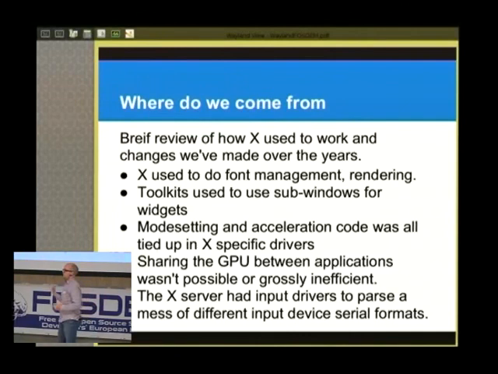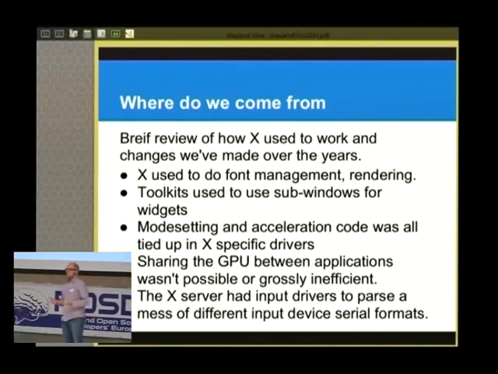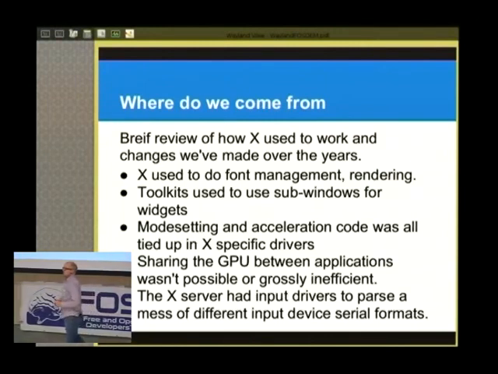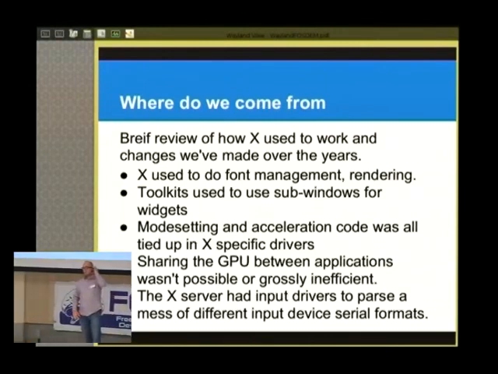So a lot of the complexity we have in X to do that sits unused, and input delivery and exposures and all that stuff is really complex, and nobody knows how it works very well. Well, a few people do, and that's part of the problem, is that we have a lot of complexity nobody uses. We have to keep it running, and there aren't a lot of people that really touch that stuff or know how to change it without breaking the world.